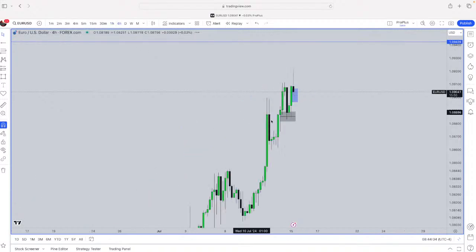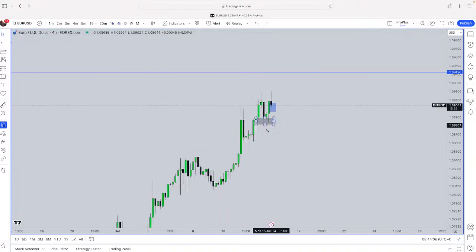So what I usually do is I'd have it in either my notes or in my head. But yeah, I'd write it down like this: 4 hour bullish OB respect, and then 1 hour bullish OB respect. So that's the only thing so far. So bullish order block,